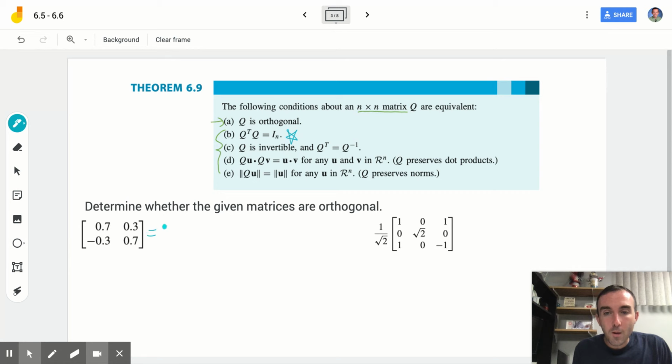So I will call this matrix Q. Therefore, the transpose would be when the rows become columns, so that turns into 0.7, 0.3, negative 0.3, and 0.7. If I then multiply Q transpose by Q,